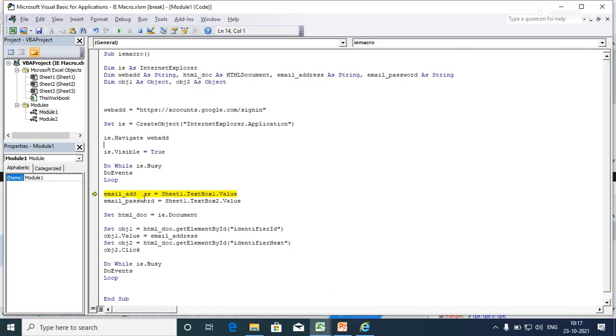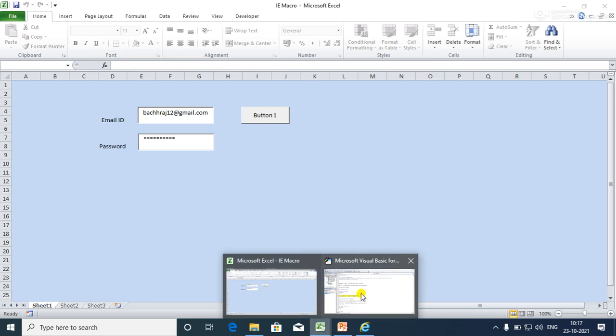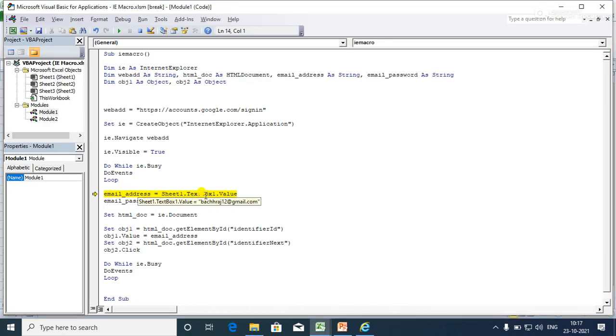Here I have already created a text box in the Excel. I store the value of the text box, this is my Gmail ID, into the email address, and I'm pressing F8.